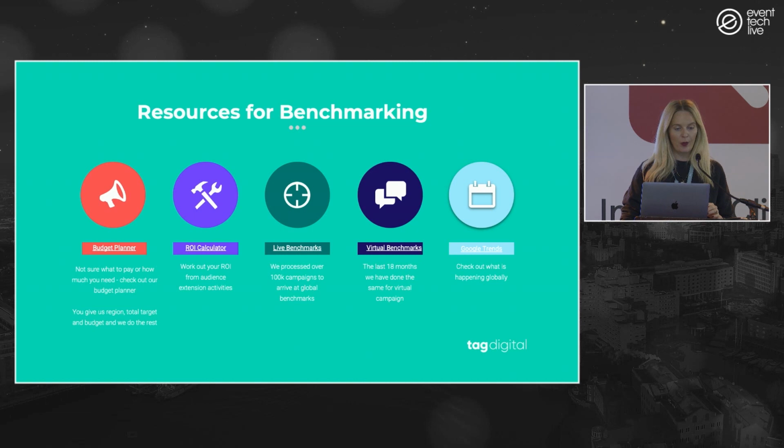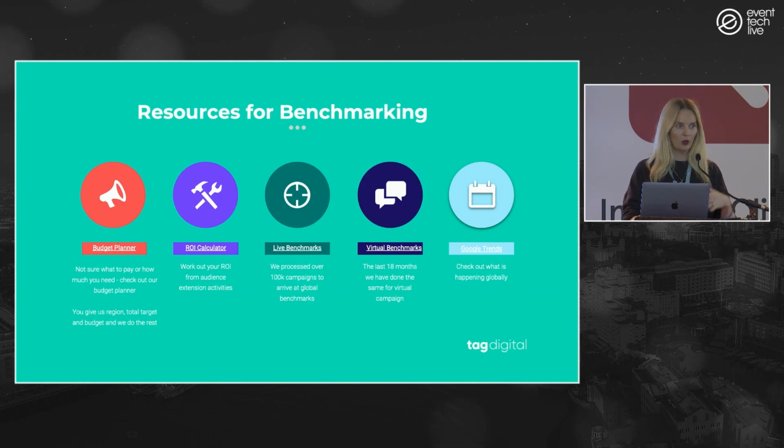So something else that we've been working on, which we found is really helpful for our clients, is benchmarking. Everyone in events always wants to know what's good, what's best practice, what my competitors are doing. So we've put together 5 resources that we think are really helpful for our clients, and all of this is available to download from our scanner. The first thing is a budget planner. Look at what's a good cost per acquisition for your sector, your event. You might have absolutely no idea. So we've benchmarked cost per acquisitions for every single sector, every single objective across all of the main regions. So you can understand what I should pay for a security event in London versus a security event in Dubai. All of that data is there.